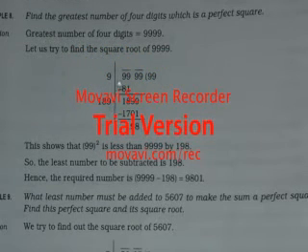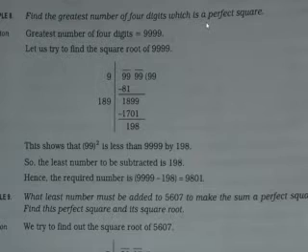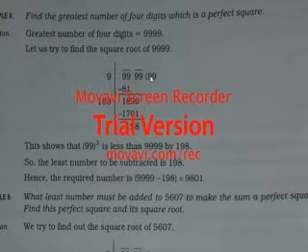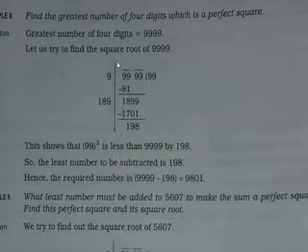In the same way, if you see example 8: find the greatest number of 4 digits which is a perfect square. When it is said greatest number, at first you write greatest only. Then you try to find its square root by the long division method. You can see here 2 periods have been formed, and as you know, 9 9s are 81. This is the biggest 2-digit square number. So for 2 digits, the largest number we can apply over here is 9 only. So 9 9s are 81.